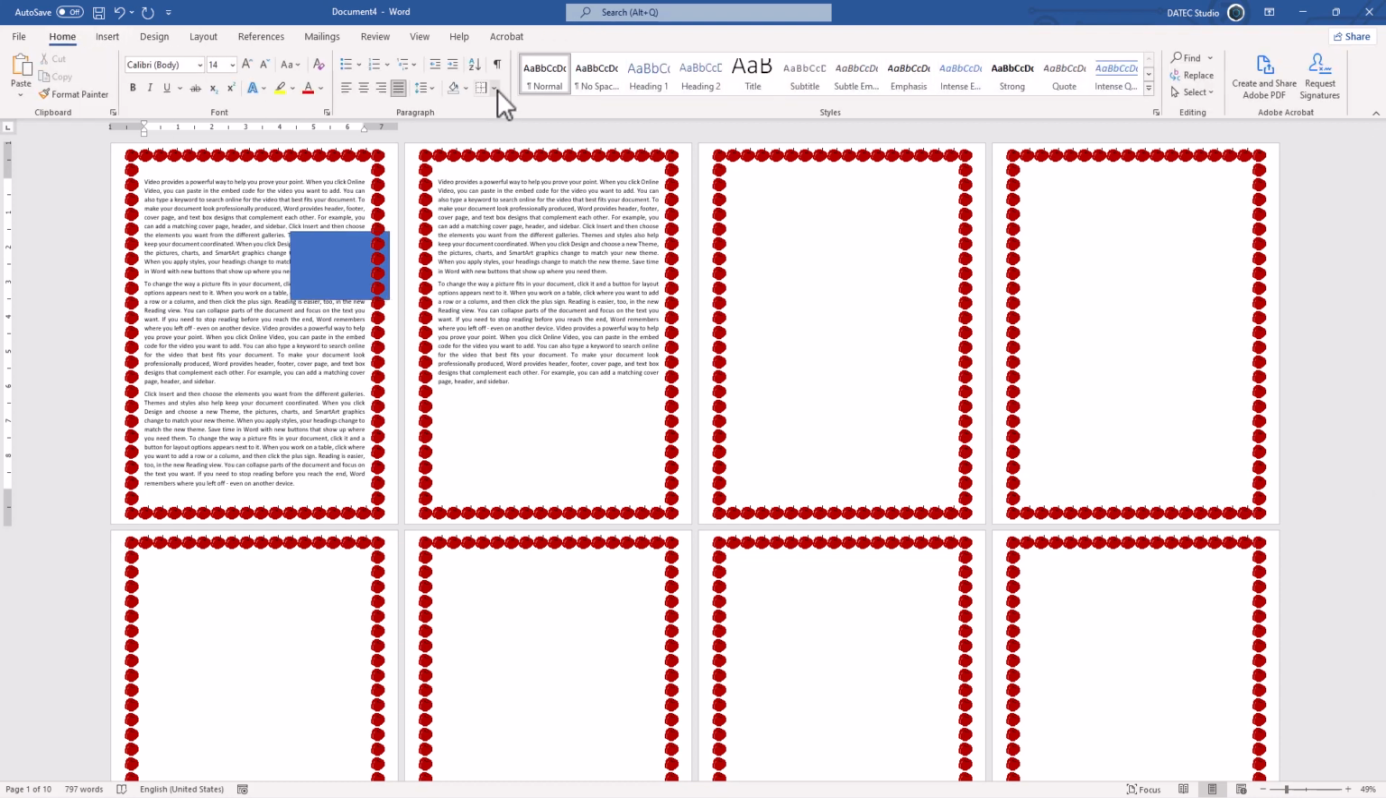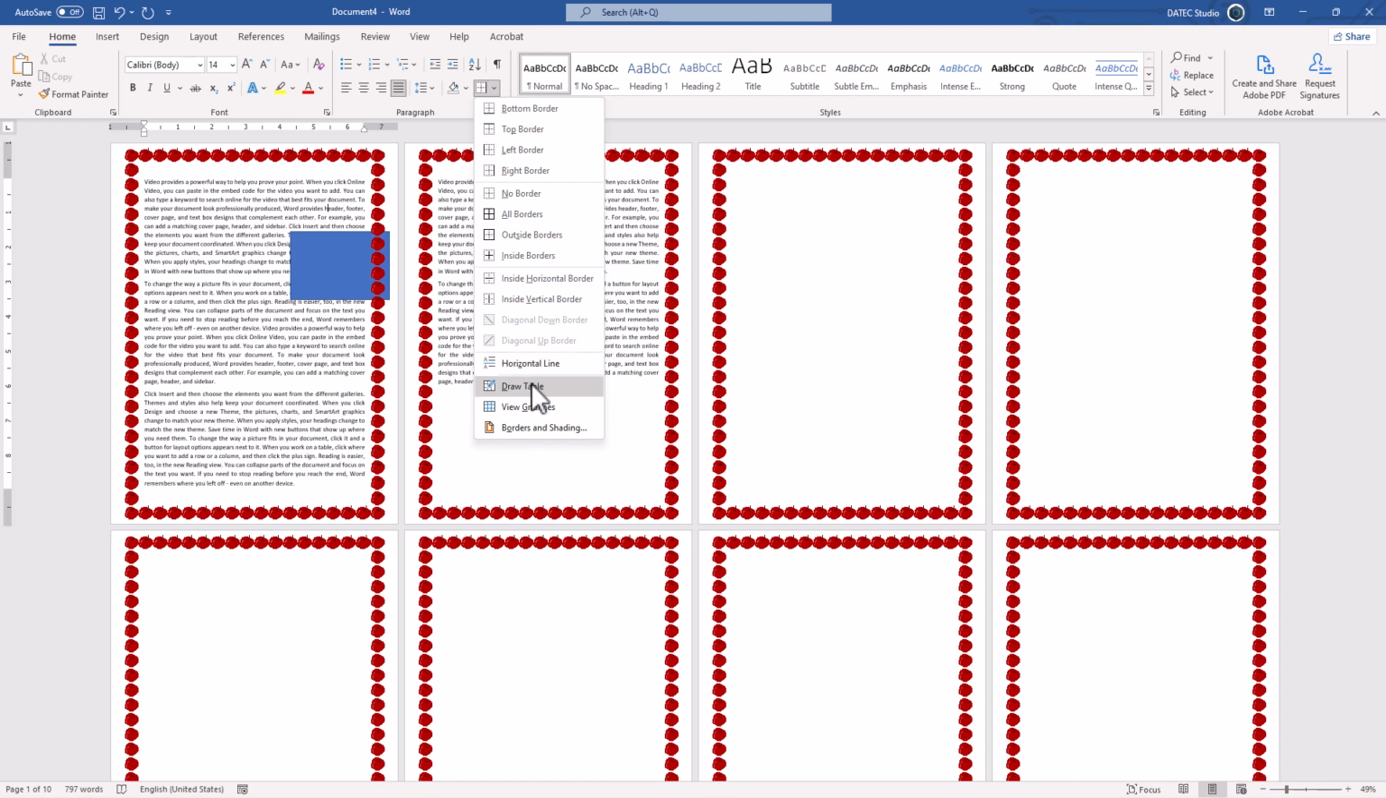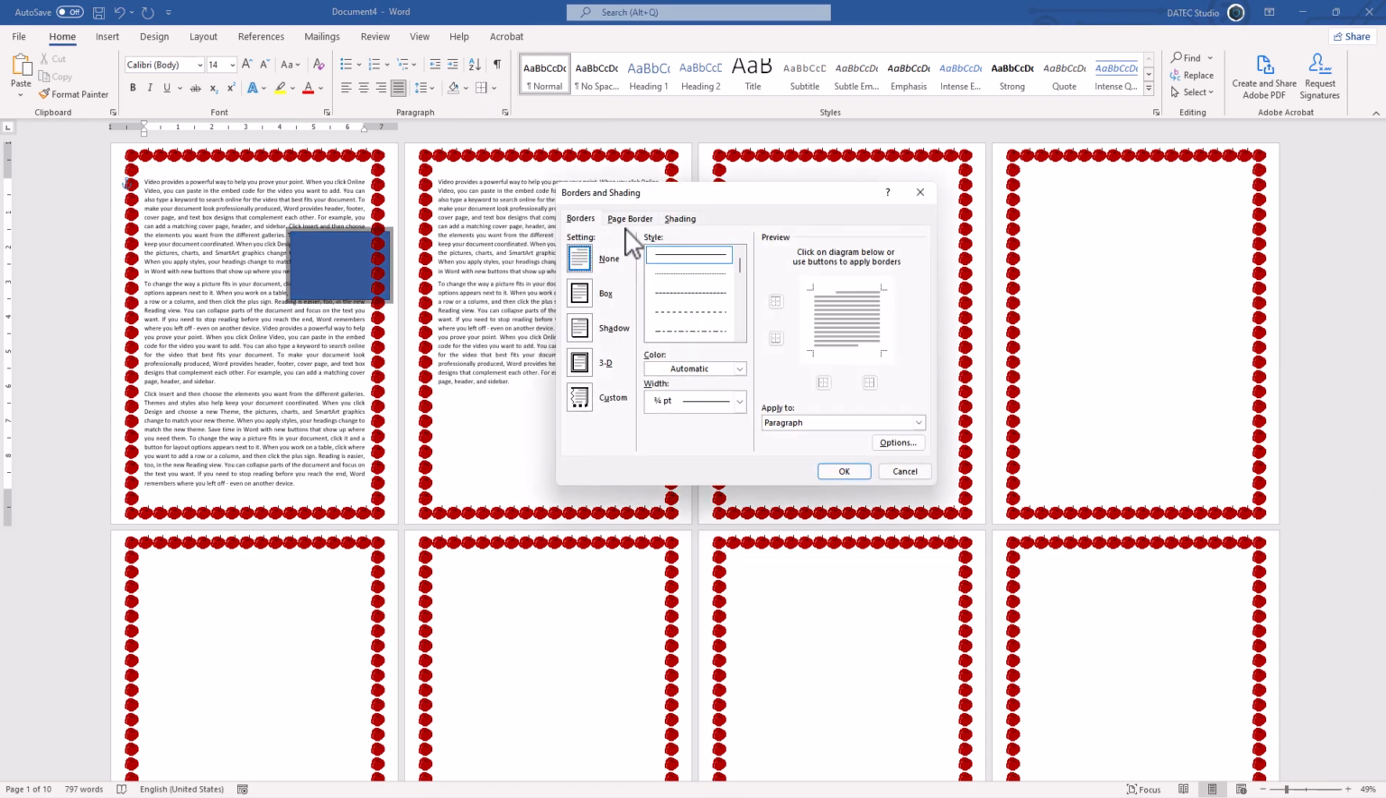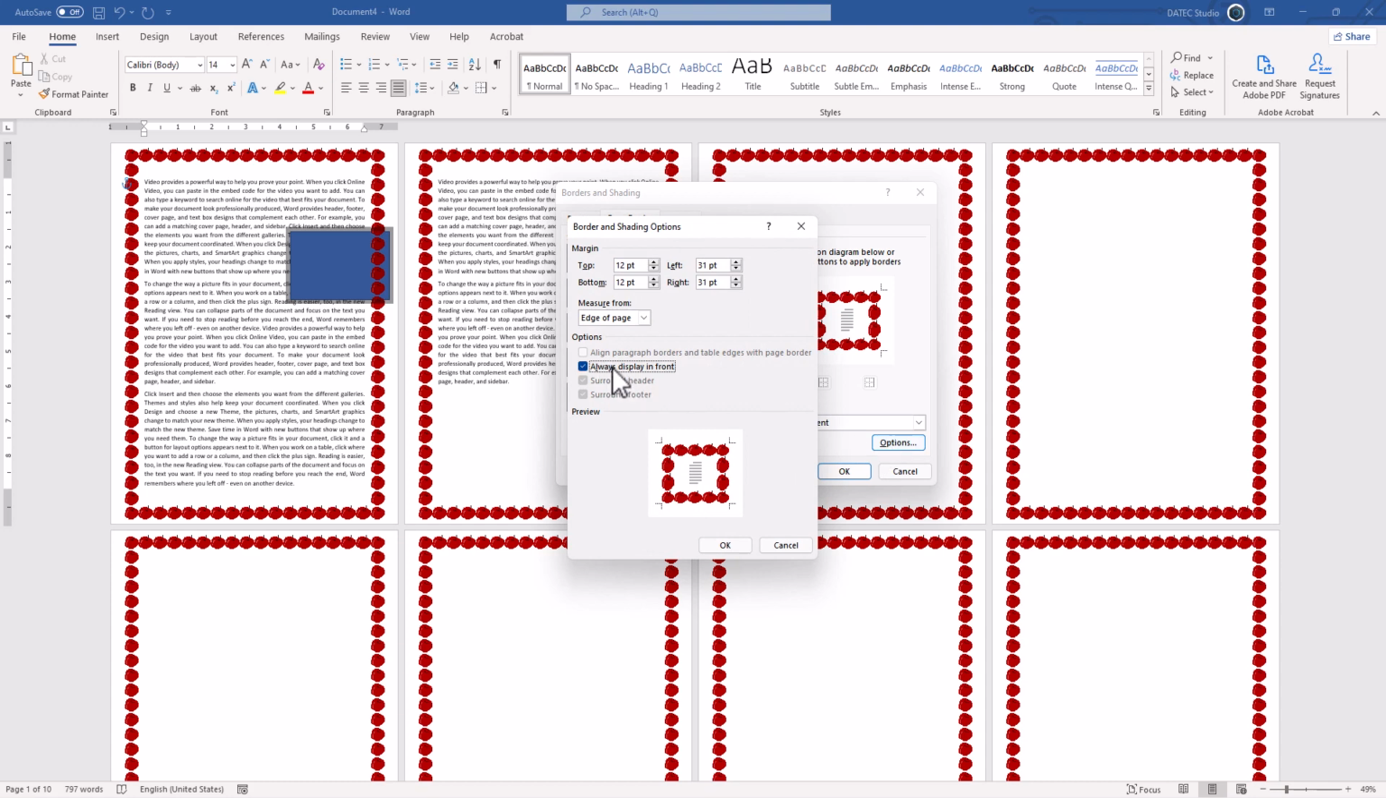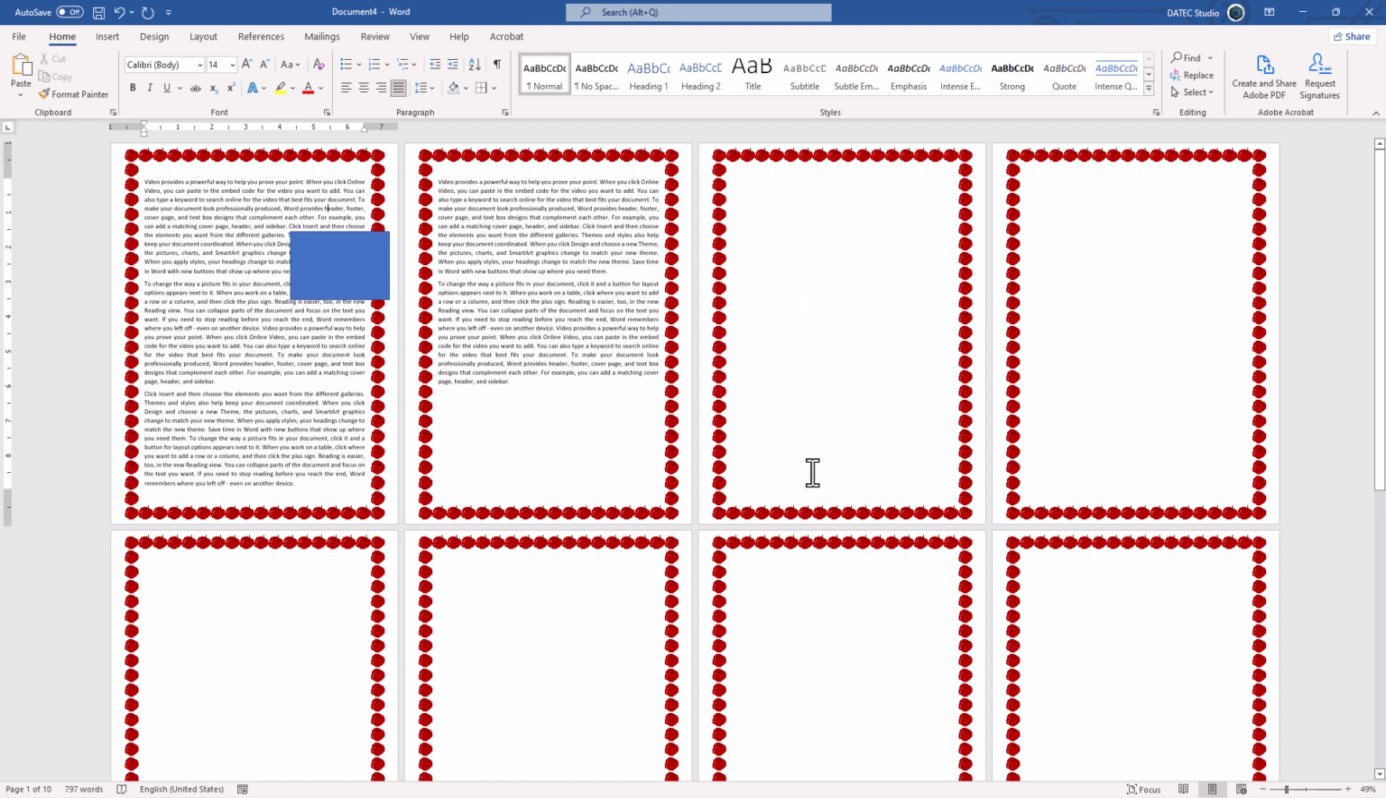Home, deselect the shape, borders and shading, page border, options, and disable always display in front. Okay and okay. There it is. Now it is not always showing in front. And we could calculate the spacing based on header and footer and based on your text instead of your page